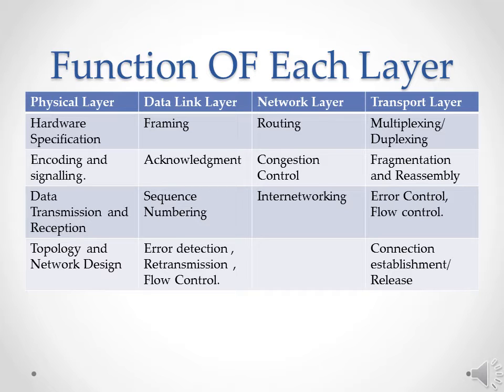It divides the outgoing messages into packets and assembles the incoming packets into messages for higher levels. Fourth, transport layer. Transport layer breaks the message, data, into small units so that they are handled more efficiently by the network layer. It decides if data transmission should be on a parallel path or a single path. Functions such as multiplexing, segmenting, or splitting of the data are done by this layer. It receives messages from the session layer above it, converts the message into smaller units and passes it on to the network layer.